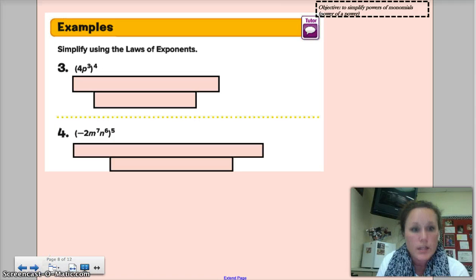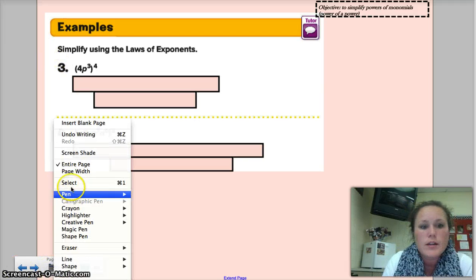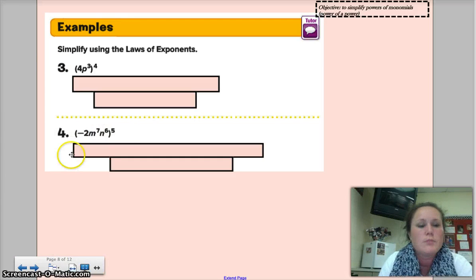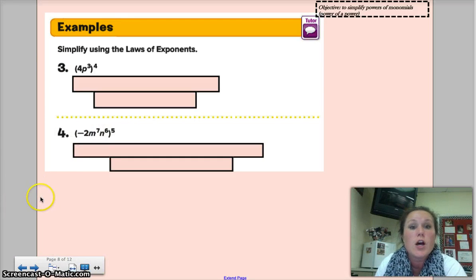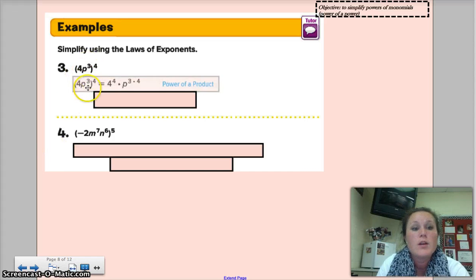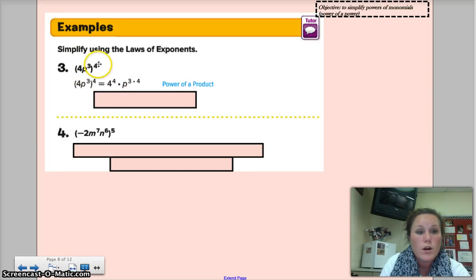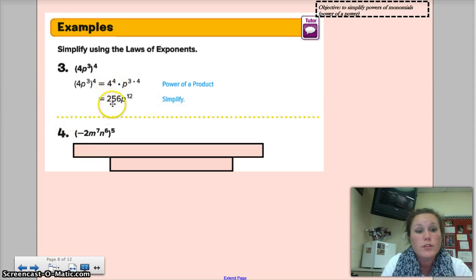Okay, let's try some. Simplify using laws of exponents. So I gotta get my selector back. I don't know where my pen bar disappeared to. All right, simplify using laws of exponents. 4p to the 3rd to the 4th power. Distribute that 4 exponent to the original coefficient of 4 and distribute the 4 to the 3rd power. When you simplify it out, 4 to the 4th is 256, and p to the 12th is from that 3